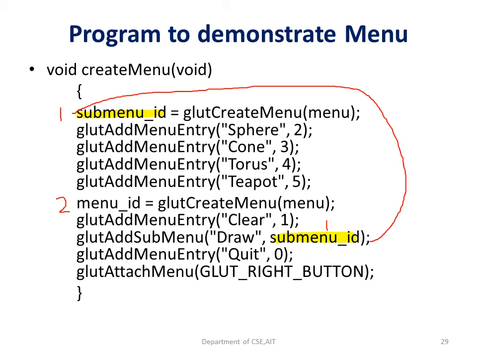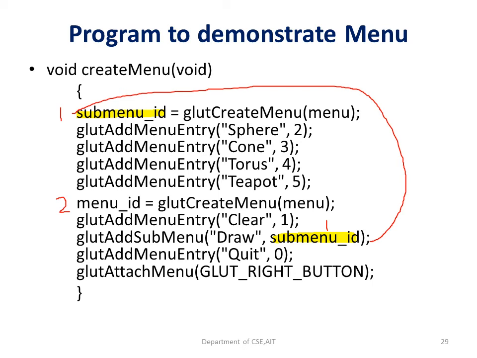That means whatever menu is there within the main menu, that is the submenu, and it has to be written here first. So you can see here I am going to create one menu and make an ID, and to the submenu I am going to add menu entries 2, 3, 4 and 5. I want to display a sphere, cone, torus and teapot, so I am going to write their descriptions: sphere, cone, torus and teapot. 4 choices I am having here. So those are made as menus. It can be menu 1, menu 2, menu 3 or menu 4.